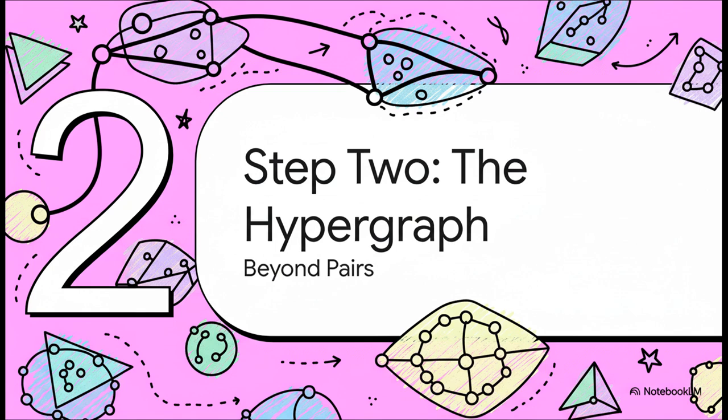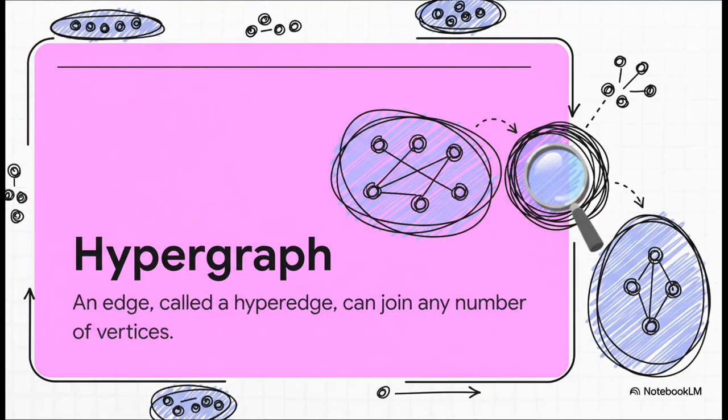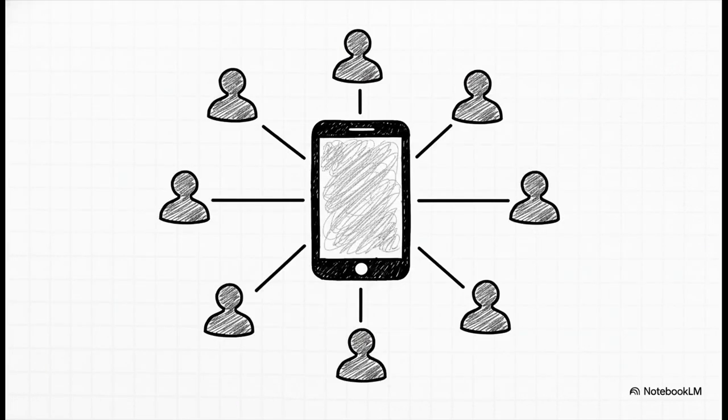So let's level up. This right here, this is our first major leap. We're moving from an edge to a hyperedge. And a hyperedge is not just a line anymore. You've got to think of it more like a container or a bubble. It's a single connection that can hold a whole group of vertices, all at the same time. Exactly. We've just gone from a phone call to a group chat.